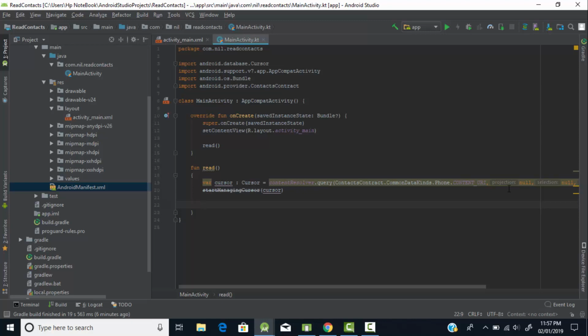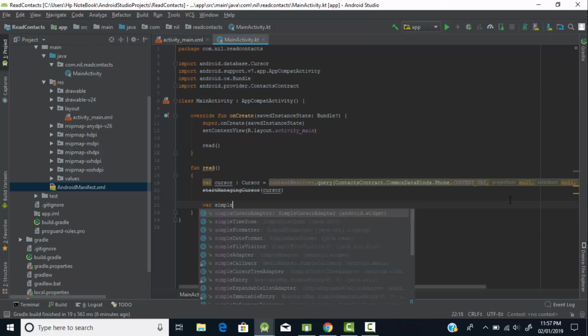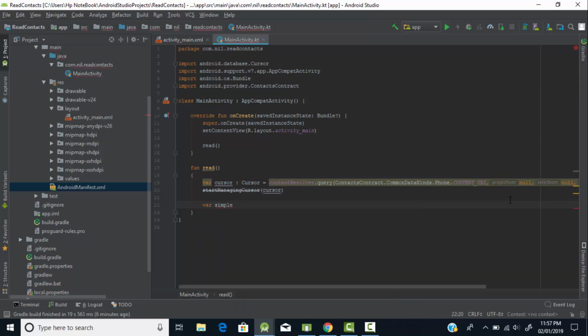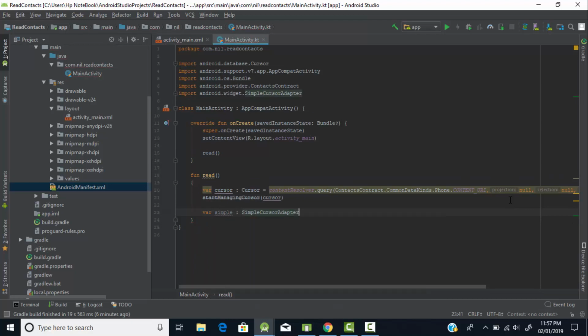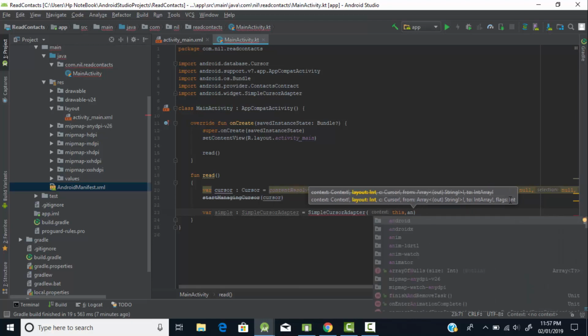So we need an adapter, right? So let's create an adapter. So I'll give it name as simple, because it is type of simple cursor adapter, right? So I'm giving it name as simple, and then we'll do simple cursor adapter, and in round brackets we need to pass all the context that we had read from our context list, right? So first of all we will pass context, and then we will pass